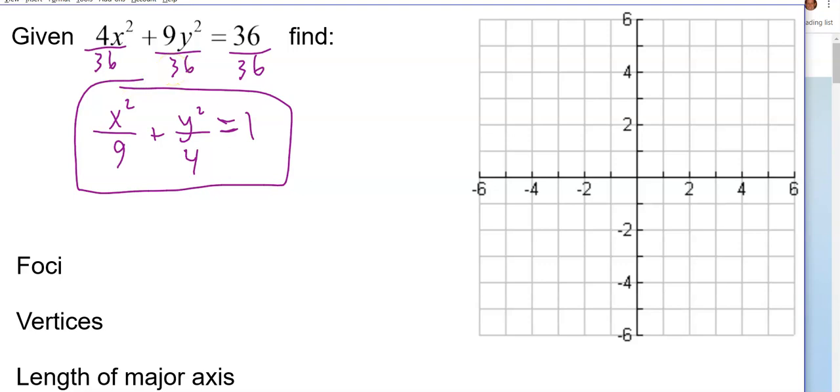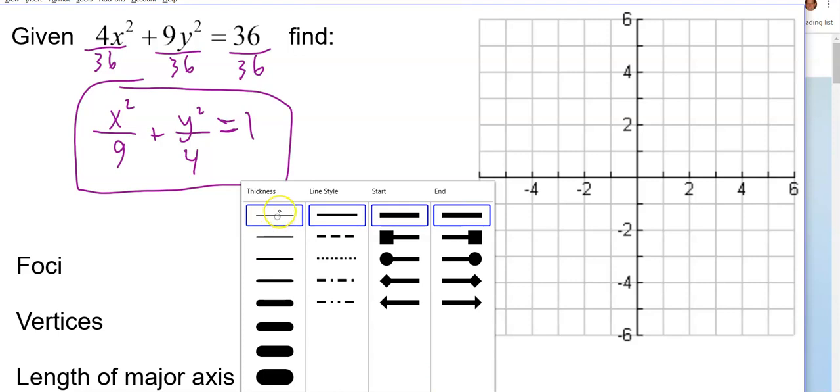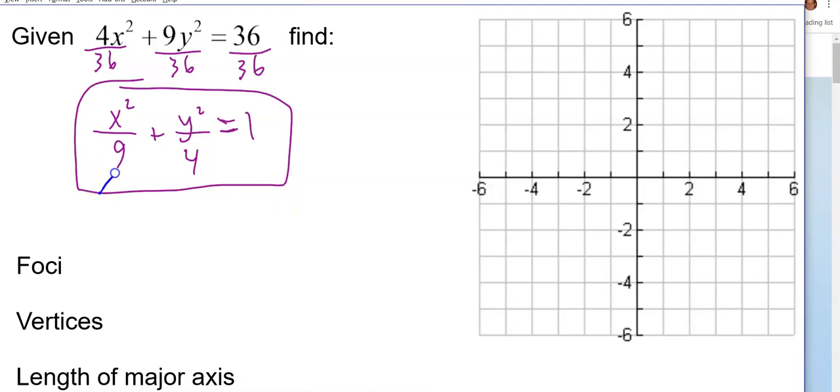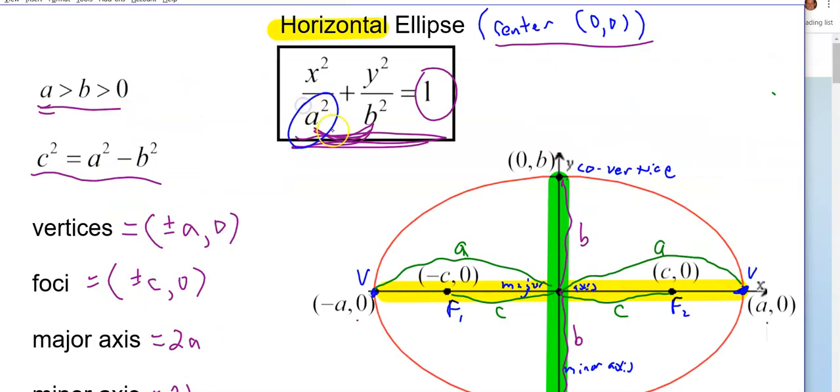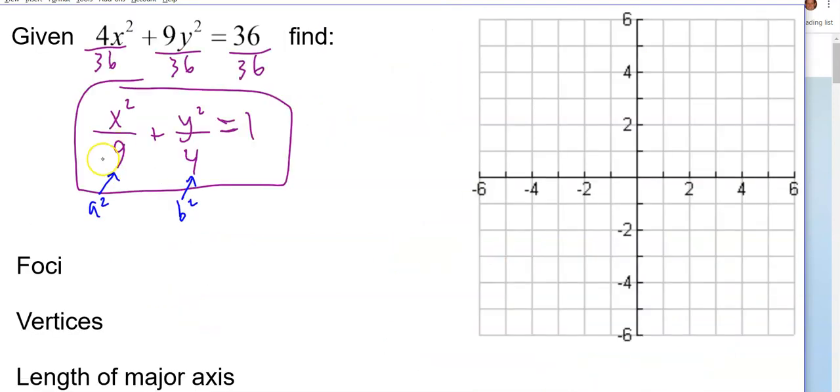So let's try to do this without the formulas, and then we'll use the formulas as we need to. The way I think about this is our bigger number, our a squared, is underneath x in this case. Our smaller number, I'm calling it b squared, is underneath y. Because the bigger number is underneath x, you could look back at the formulas, you can see a squared is definitely horizontal. It's definitely wider than it is tall. And really, you want to go a distance of a. So we start at the center. You want to go a distance of a in each direction. a squared is 9, so I'm going to go 3 units to the right and 3 units to the left to make my points. So those are the